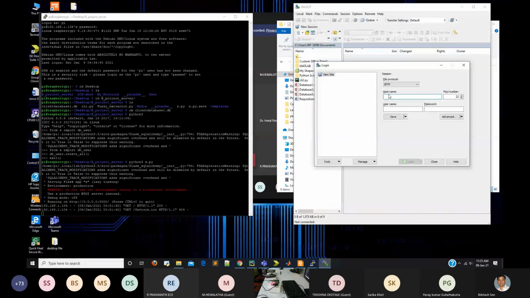For that, we will use the file transfer protocol, that is WinSCP, and here we will connect to the client to check that MAC address.